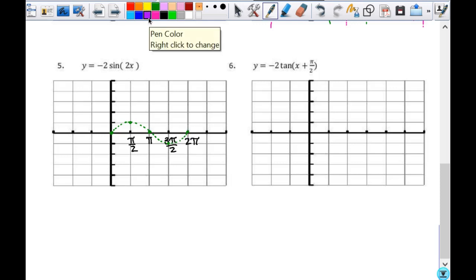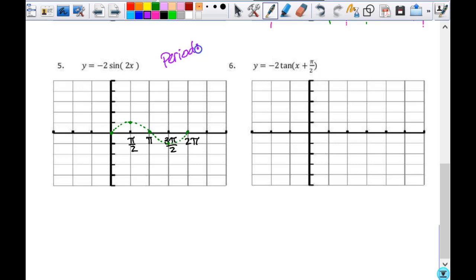Okay, so then I'll look at each point. Now, my x is being affected here. You also want to have an idea of what this means. What this means is you get 2 cycles in your normal period. The normal period for sine is 2 pi, right? That would be my normal period. So to find the new period, we take 2 pi and divide it by b. So the period for this